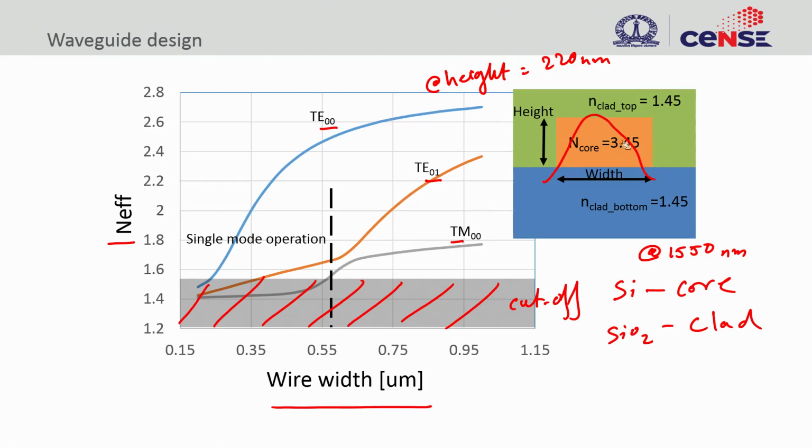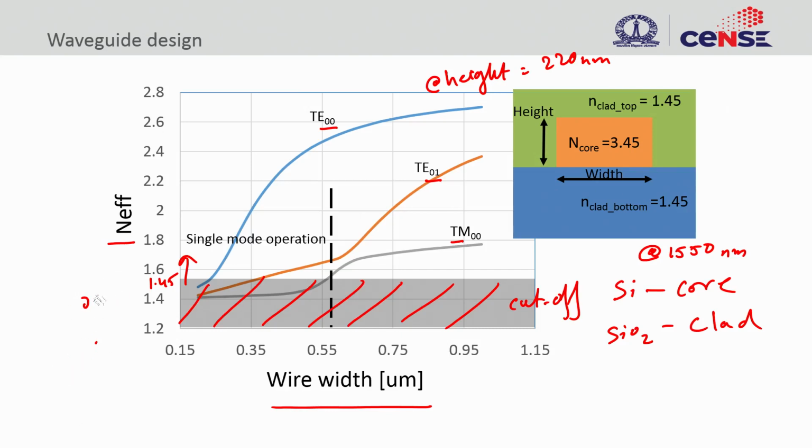Instead, you might have solutions that are outside. These outside solutions are cut off, which means they are leaky modes, radiating modes, so they are radiative solutions. Anything above this, in effective index, is called propagating modes, and this is given by the cladding index that you have. So, k0 n2, which in this case was about 1.45.